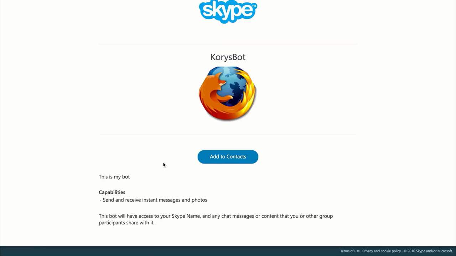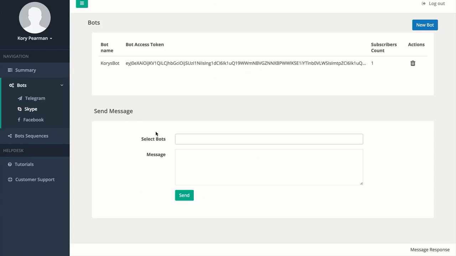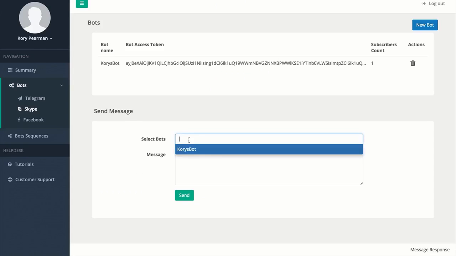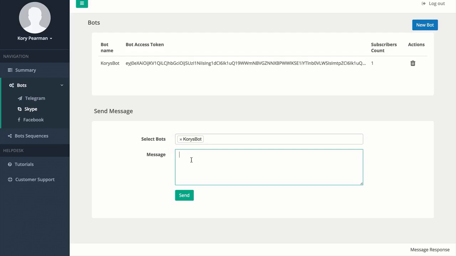All right, so now that you have a basic understanding of how it works, let me show you how easy it is to use it. So inside of your dashboard, all you have to do is select the bot name, which I only have one right now, but you can have multiple bots, and then simply type out your message, whatever it could be. So I can say 20% off all items in the store for 48 hours. And then I can simply just include a link to my website, link.com, and I'm going to click on send. Now, once I do that, at the top of the page here, we can see it was successfully